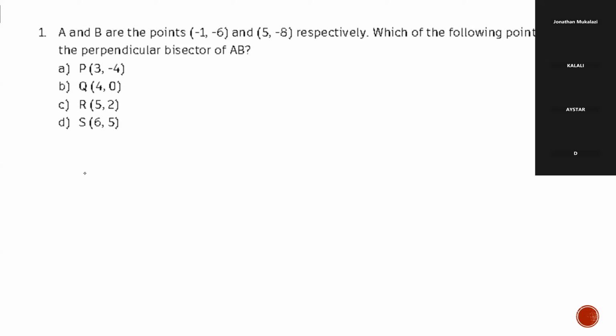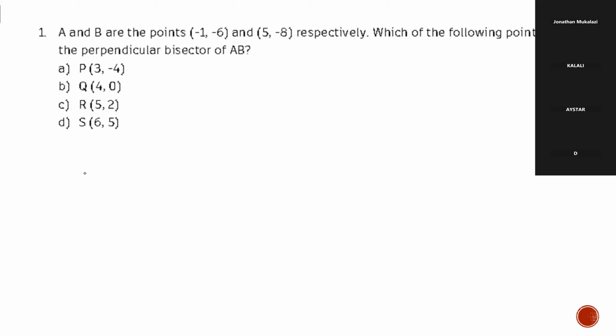So we have these points on a Cartesian plane, and we want to figure out which of these points lie on the perpendicular bisector of those 2 points. It could be more than one of the points that were given, but we want to find out which ones. We could do this in a number of ways, and one of the ways is using